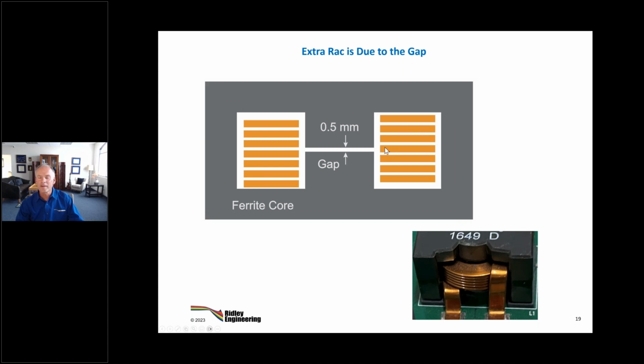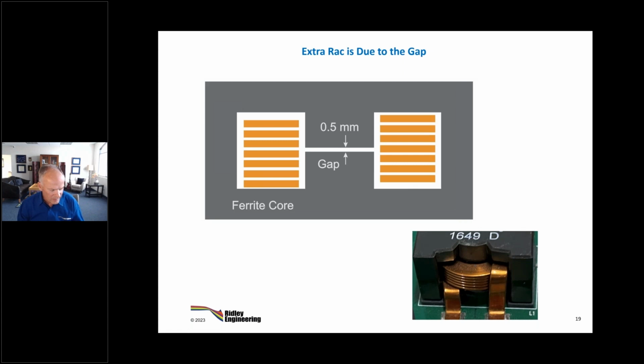And then we find that the windings are very close to the gap, which of course is what you're not supposed to do. Okay, way back from the beginning of power electronics, it's like if you have a gap, don't put the copper near the gap. So we've been talking about this 30, 40 years, about get the windings away from the gap. Universities now are talking about, well, let's make the gap distributed so it's smaller. Better idea is don't use an EE core here, put that gap at the top and then move the windings away from it. And that's my approach.